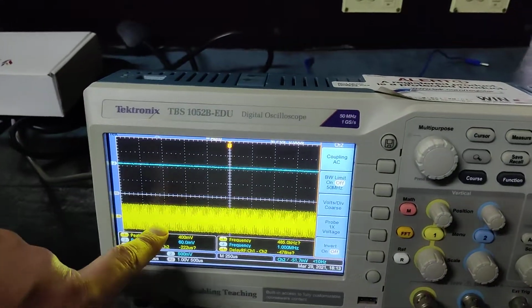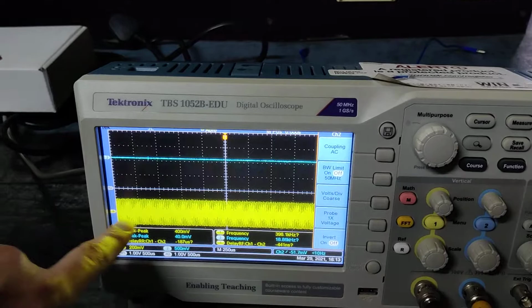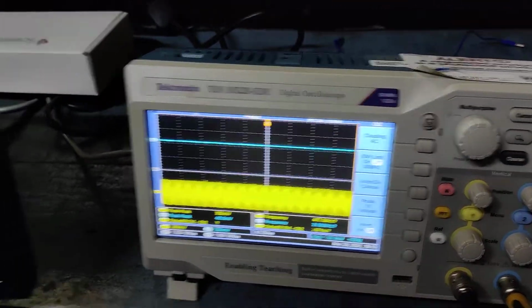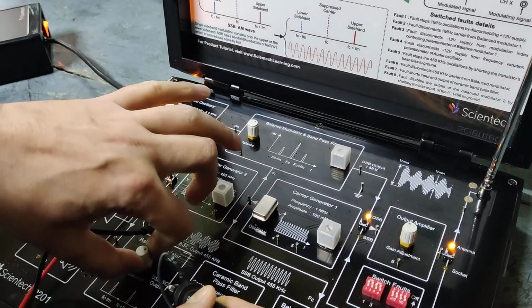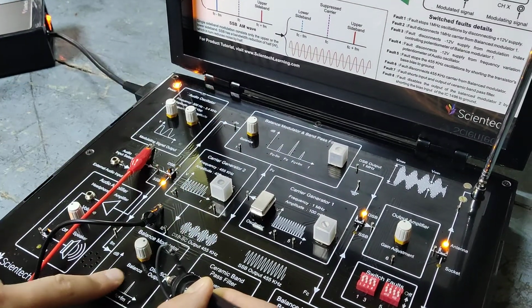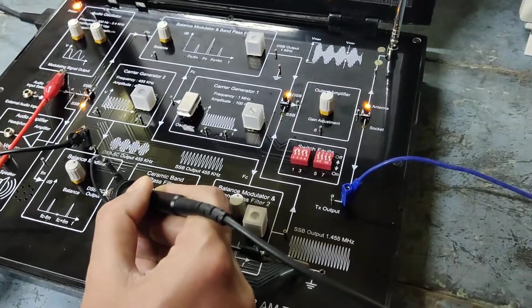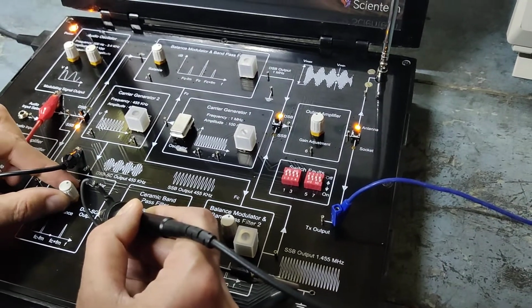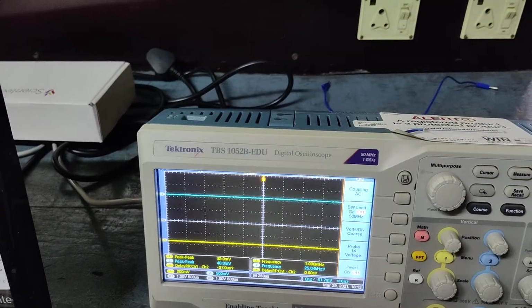If we visualize here, this particular signal is only a carrier signal, where we can change the value of this carrier using this particular knob. Now we'll keep the position of this knob at a position where we obtain no amplitude for the carrier signal as well.